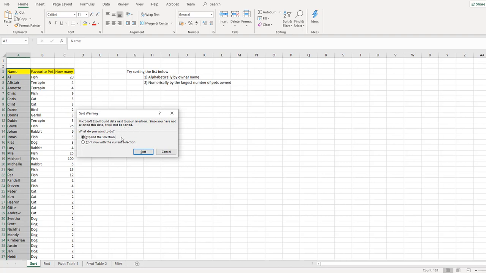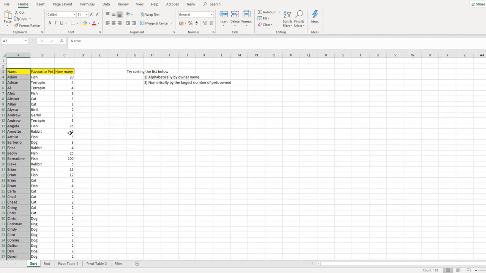So we've got 2 options really. We can either expand the selection and that will then include all this other information in our sort, or continue with the current selection. So let's just do that for now, and we'll sort everybody alphabetically. So you can see there that only that column A changed and the data in columns B and C remained the same. So we've now mismatched our owner's name to the actual details of pets,